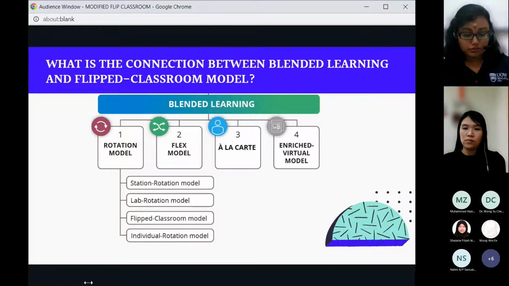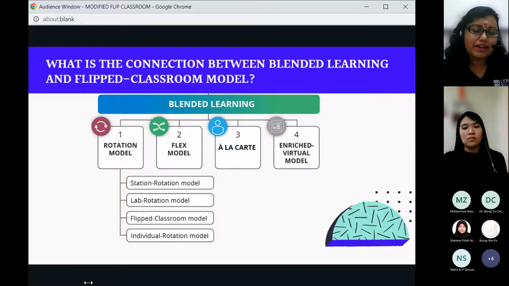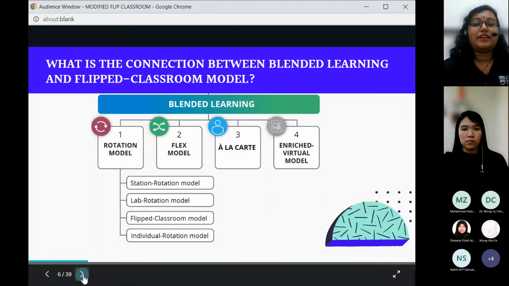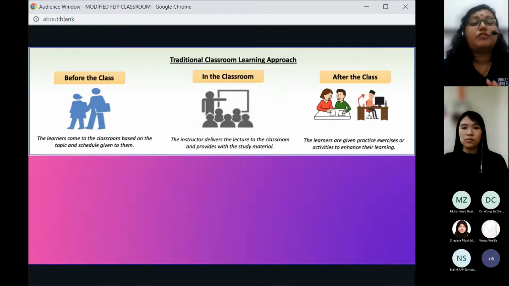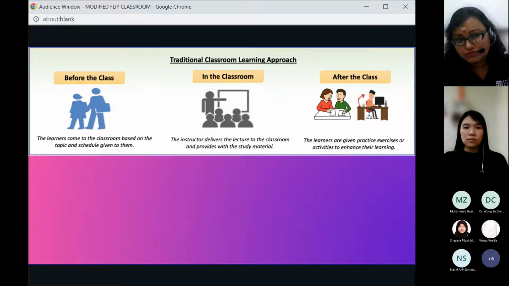So coming back to the last one, which is our flipped classroom model. Okay, as some of you are aware of it, flipped classroom is where we flip our whole teaching. All right, so moving on to the next slide, let me just give you a comparison. For the traditional classroom learning approach, students will come to the class and then lecturers will lecture and then they go back and do homework.